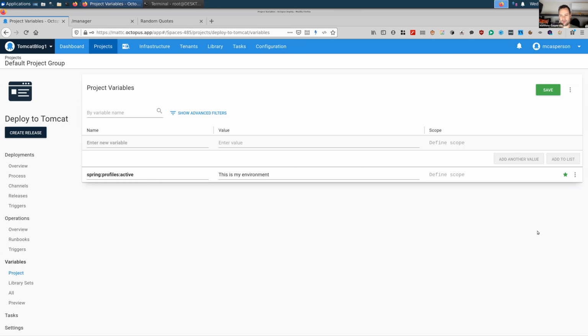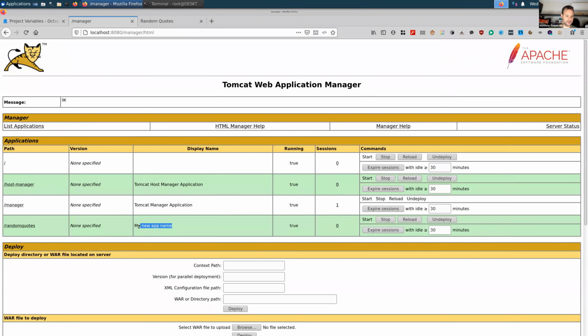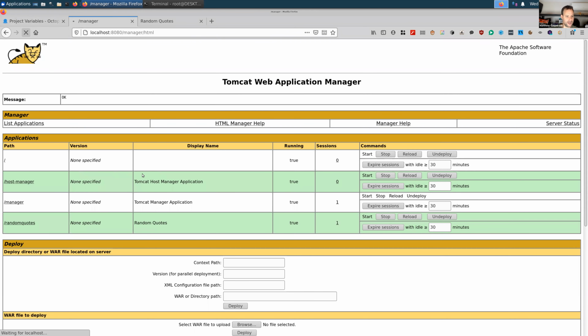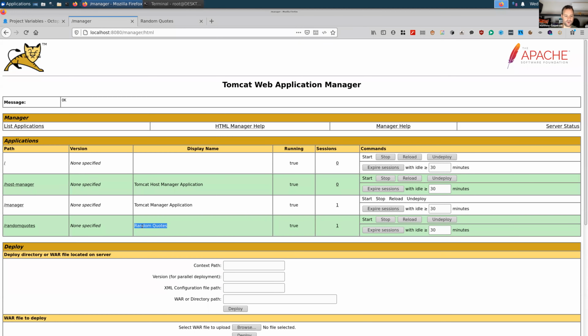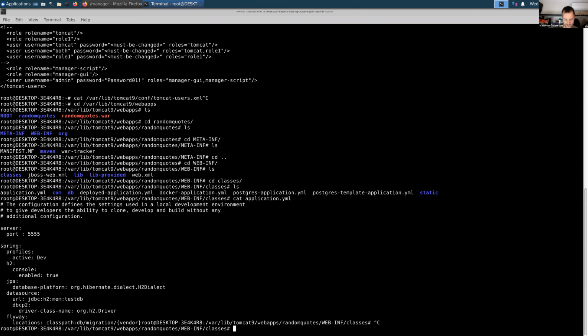And the next one we want to do is change the display name of the application, and that's defined in the web.xml file. So the display name is the value that gets put into this column here from the manager application. If I just refresh that, we'll see today it's called random quotes, and that value comes from... so if we look in,